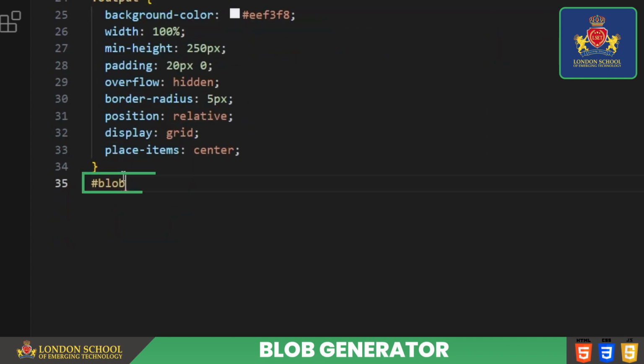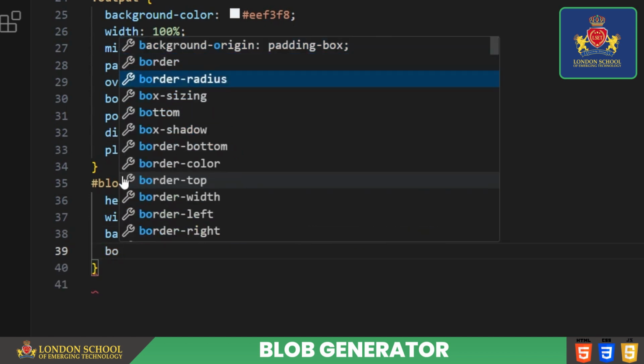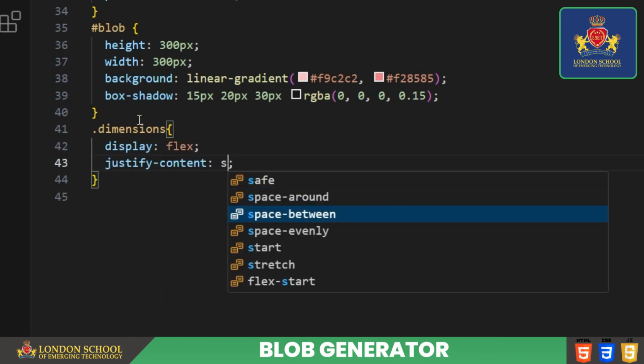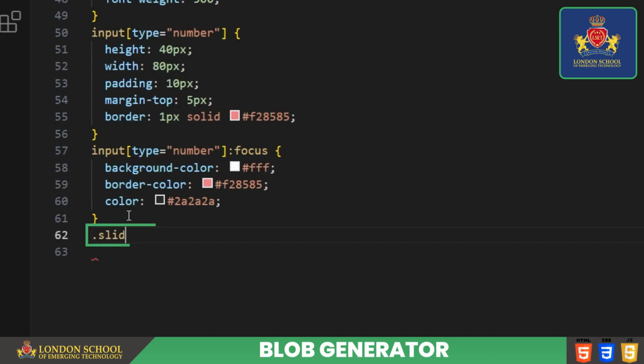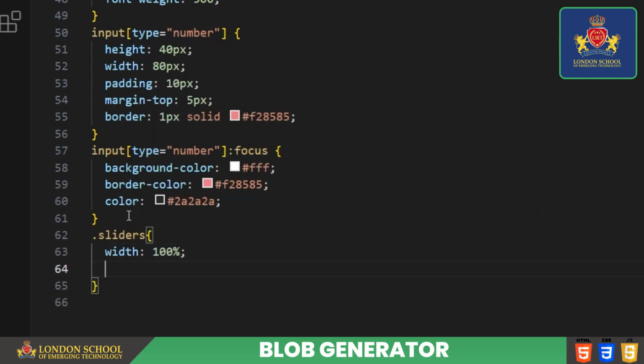The blob selector is used to style the actual blob element. Here, we set its height, width, background gradient, and box shadow to give it a dynamic and appealing appearance. Moving on to the dimensions class, we use flexbox to lay out the height and width input fields evenly with some spacing. The sliders class is defined for styling the input range elements that are likely used to adjust parameters